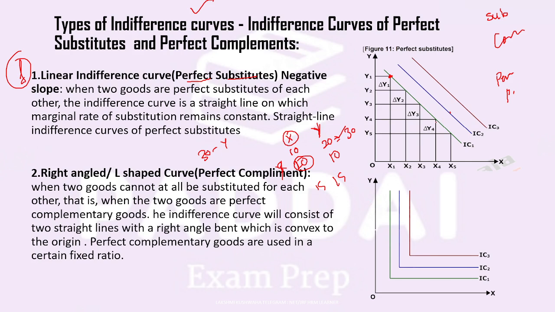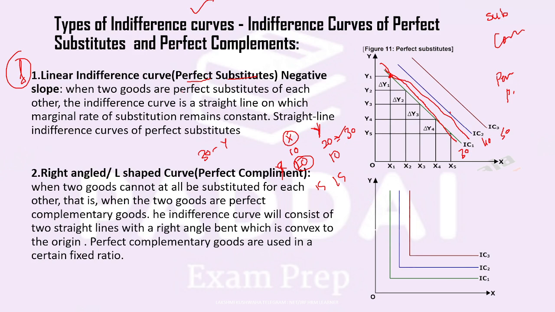So if I am drawing only the X curve, because they are substitutes, you will be drawing only one. If you substitute X with Y, you will draw only one every time. So this is the satisfaction of 30, of 40, of 50. It would be linear. The curve would be linear because you have to draw only one point, since everything is being substituted.